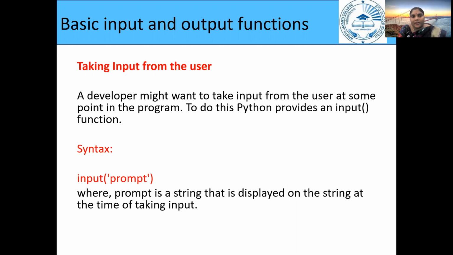To develop or process any program, we have to take the input from the user end. The function which is available in Python is input, and we have to give a message in double quote or single quote, whatever we want to convey. Otherwise the user will not know what to enter, right? Say for example, input, enter the value of a. You have to enclose it in single quote or double quote, so the prompt will occur where the user can enter the value.